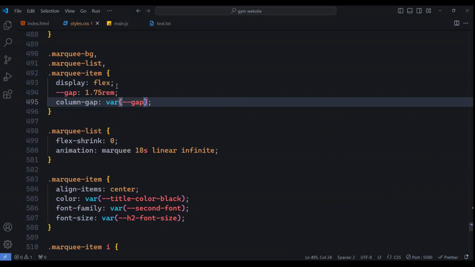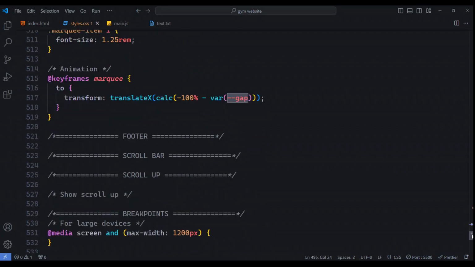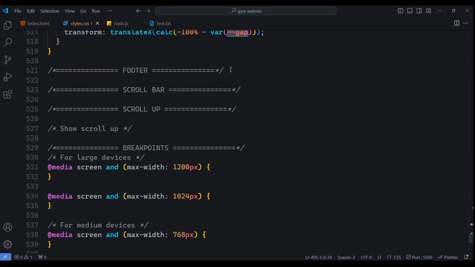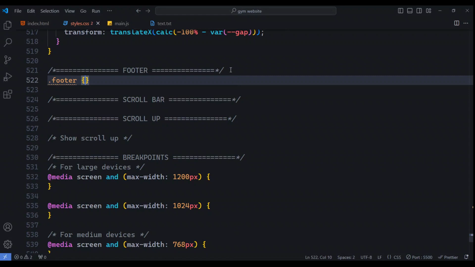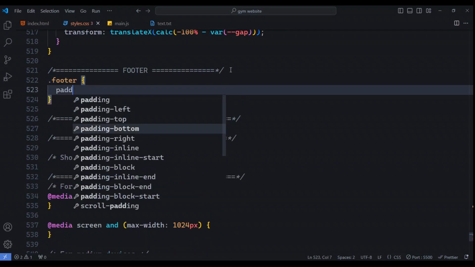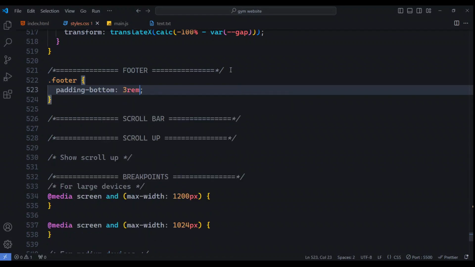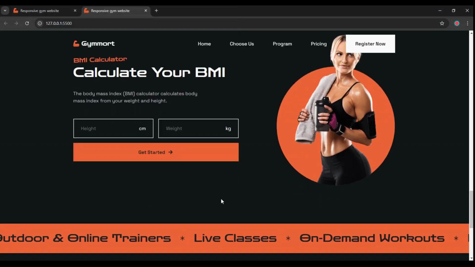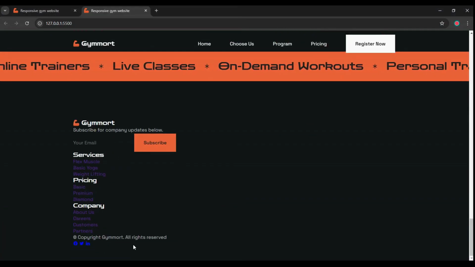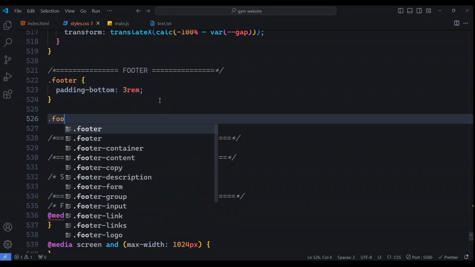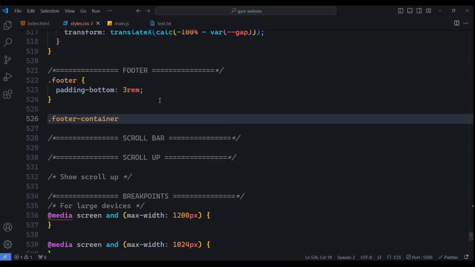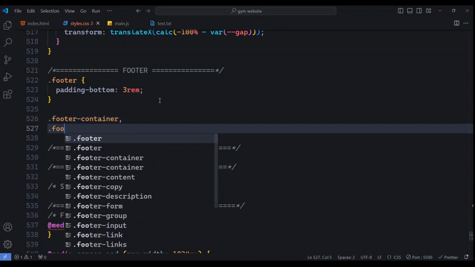Now let's move on to the CSS file. Come over here and select the footer class and set padding bottom to 3 rem. Next, select the footer container class and also select the footer content class